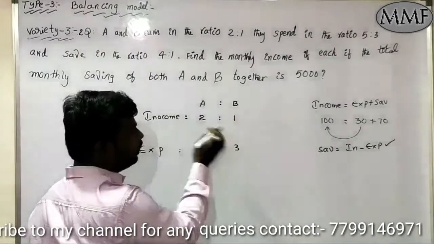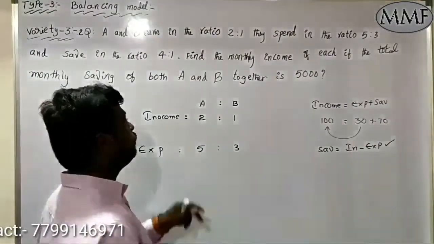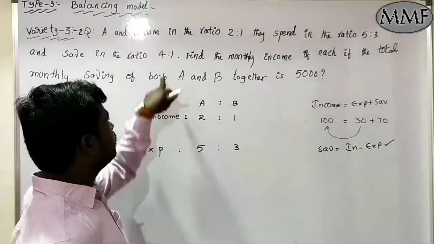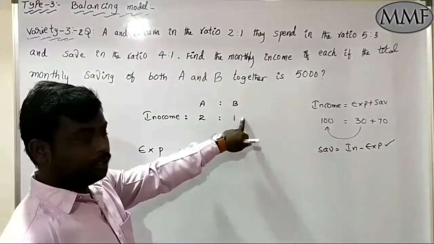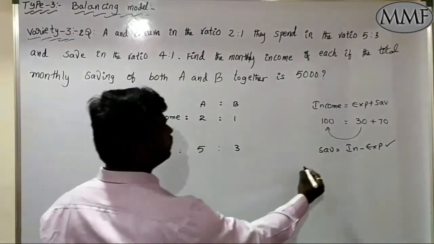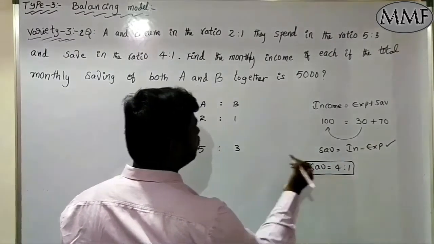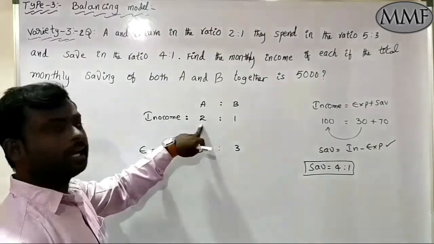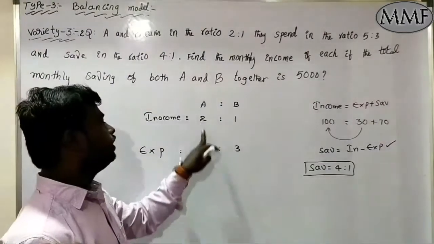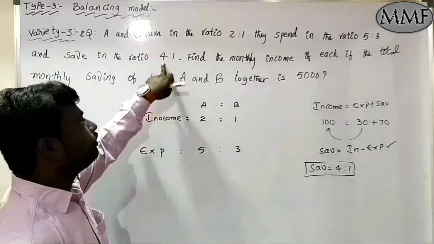Means I need to get this vertical constant like 4:1. Clear or not? I need to get vertical difference such that A, income minus expenditure is 4 units, B, difference between income and expenditure is 1 unit, such that I need to multiply the numbers. So the saving ratio is 4:1. Now clear? Please see how much difference you are having. Here 2 is there, here 3 is there. If you want to get difference for 5 minus 2, how much is it? 3. But 3 minus 1, how much is it? 2. But not. I need to get difference as 4.